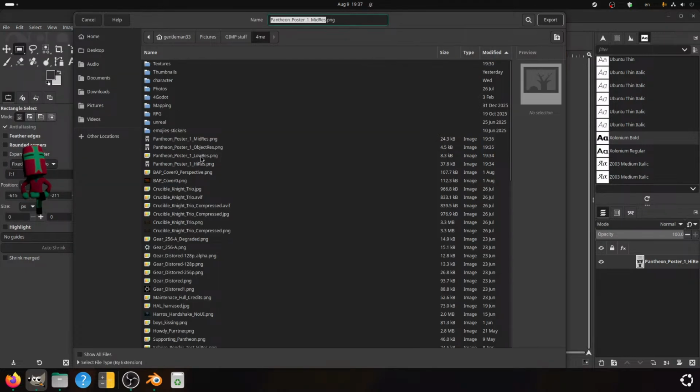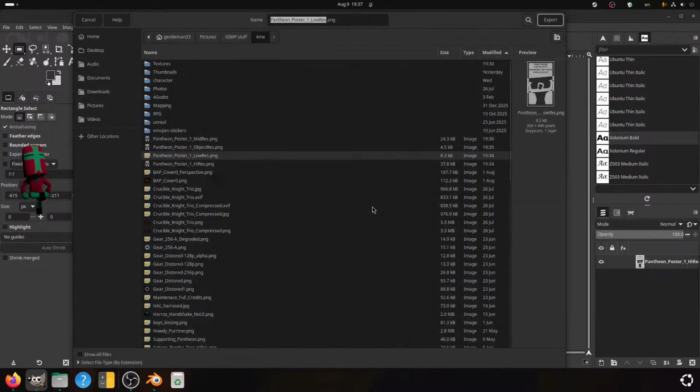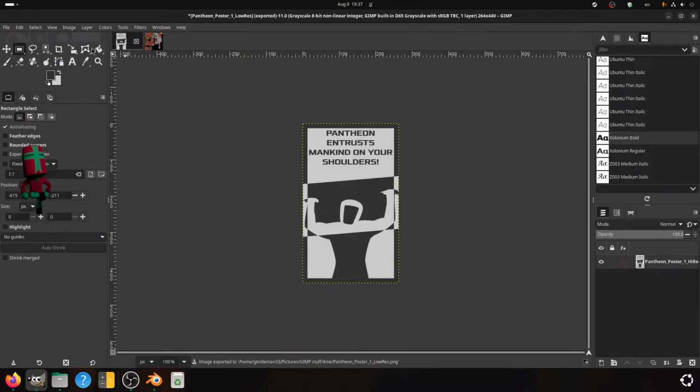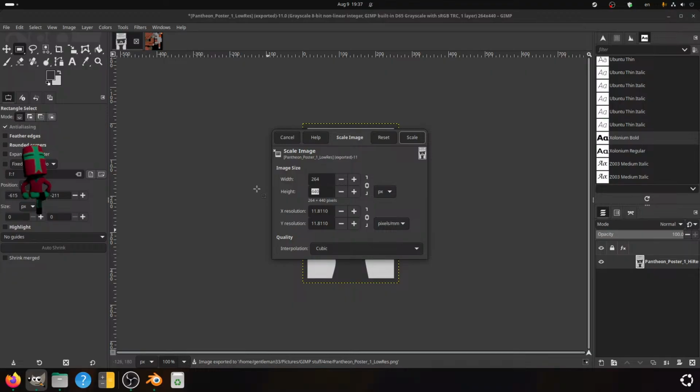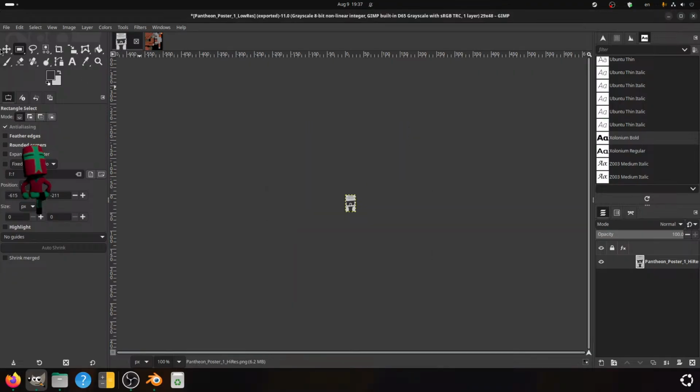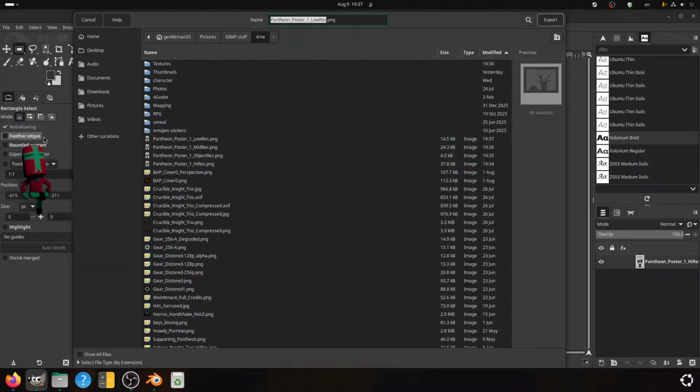And export as low resolution. And scale it down one more time. And this time it will be catastrophic. And export it as object resolution.